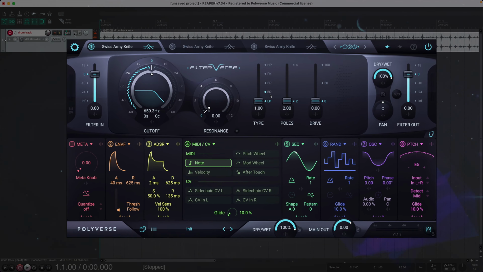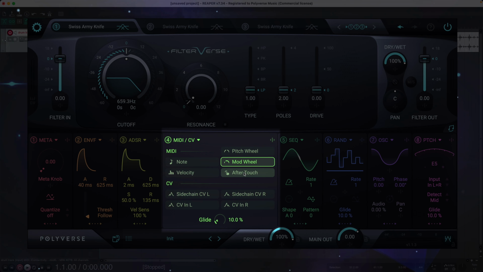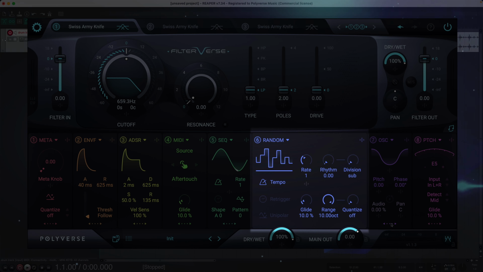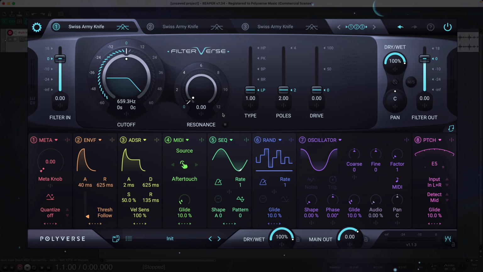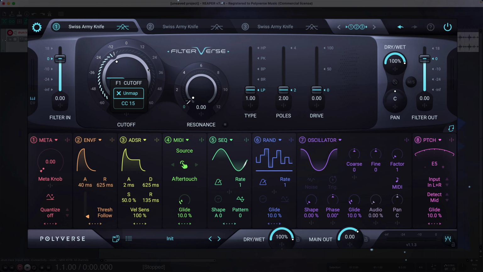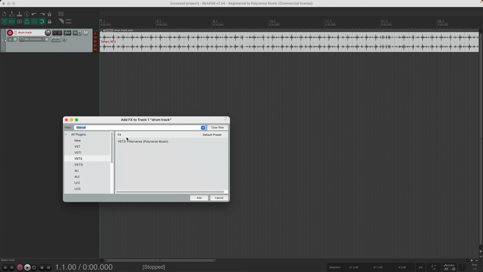Filterverse can receive both audio and MIDI at the same time, unlocking powerful features such as MIDI note and velocity modulation, retriggering the ADSR, LFO, and random generator, tuning the internal oscillator, and even sample-accurate MIDI CC automation for all parameters. If you simply want to use Filterverse as a standard audio effect, load it into an insert slot in